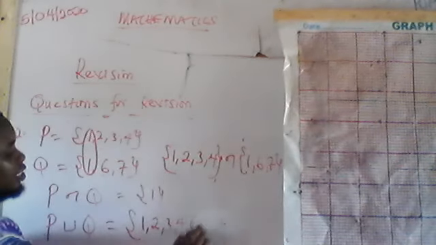So let's say, for instance, now you have to find the value for the elements in P union Q. What does this imply? This one means that you have to combine the two sets together. So you are going to look for a set that will now contain what you have in P and what you have in Q. So for that one, the value will be 1, 2, 3, 4, then we have 6 and 7. So in case you have to find the value of P union Q,